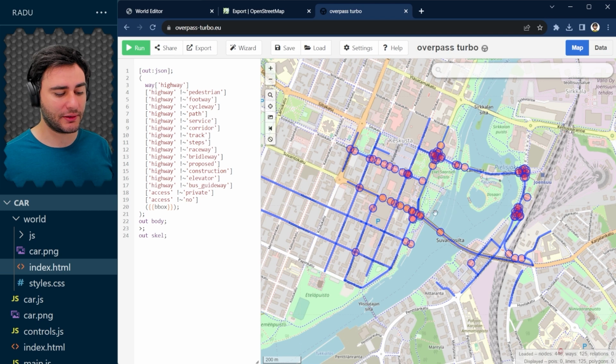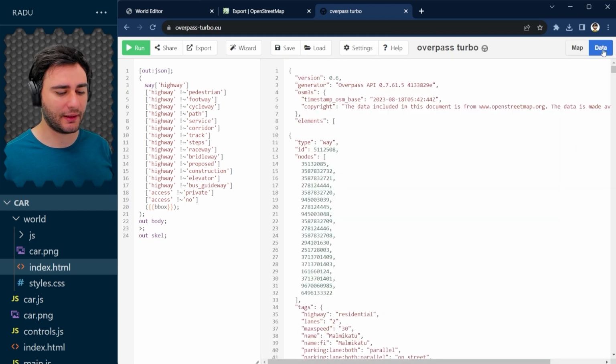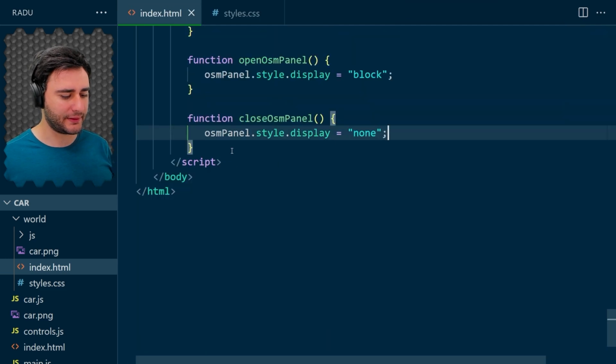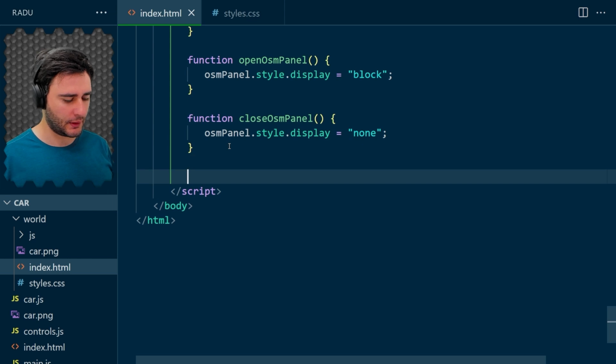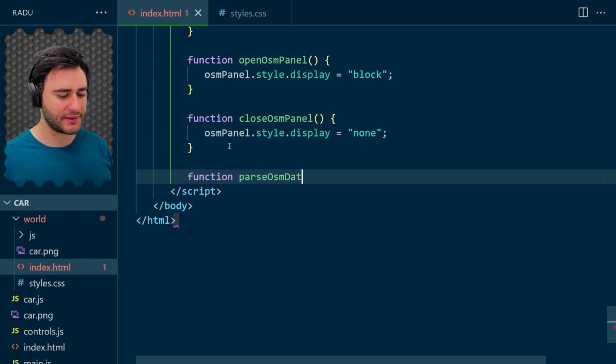And the information that we're going to copy, you can find here inside of the data tab. And we will eventually copy everything from here into our app and parse it to become points and segments in our graph. So let's implement this parse OSM data function